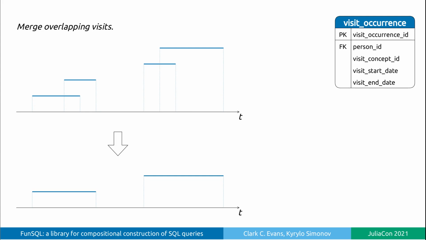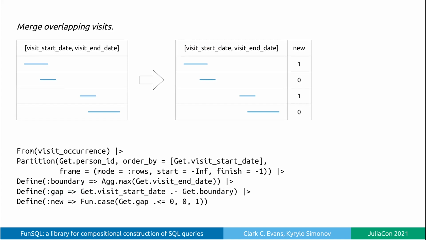To demonstrate that FunSQL notation for aggregate and window functions is suitable for building complex queries, I'm going to show the next example, where we need to merge overlapping intervals into a single encompassing period. It is a common task for patient-oriented queries, where we may need to determine the periods of continuous observation, medication exposure, etc. Although it's a simple exercise in a regular programming language, it could be a challenging problem to implement this transformation in SQL. We will solve this problem in several steps.